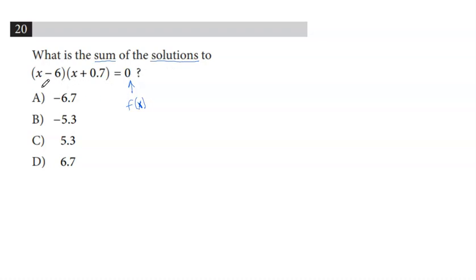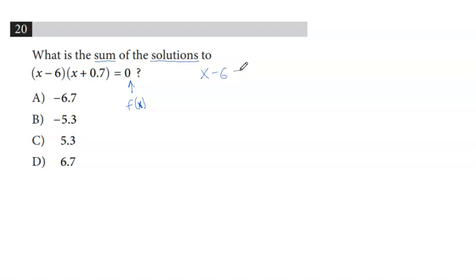So here we have two factors multiplying, or two functions multiplying. What will make it 0? It will be 0 when either of them is equal to 0, right? Because they are multiplying, right? So we can rewrite this and say either